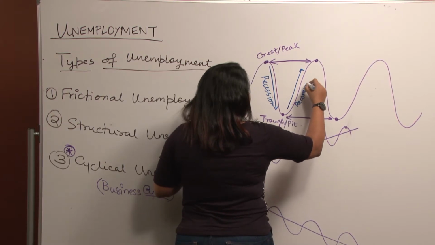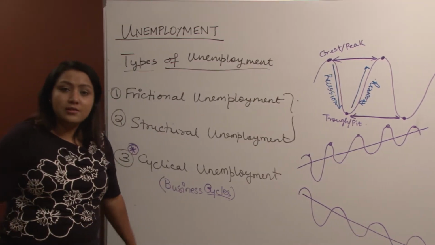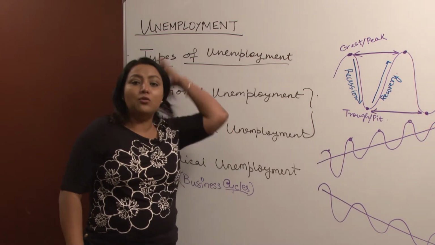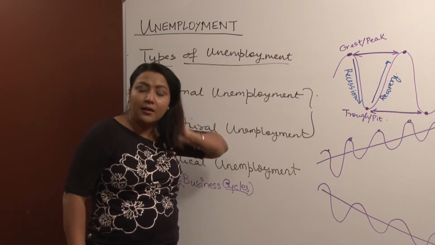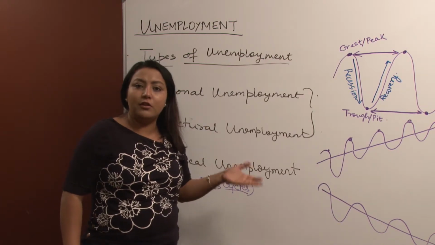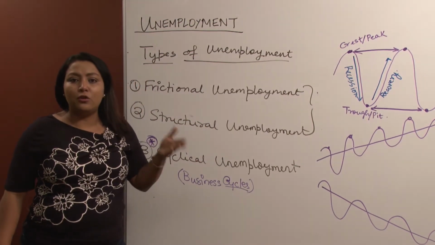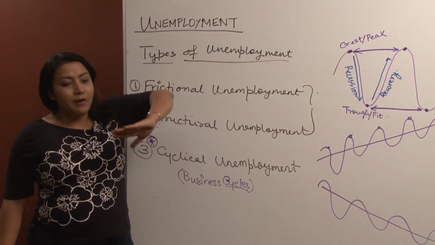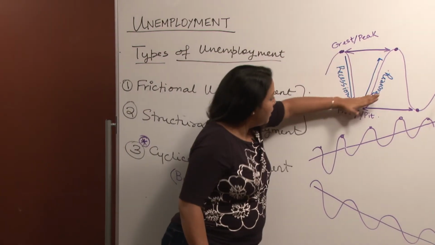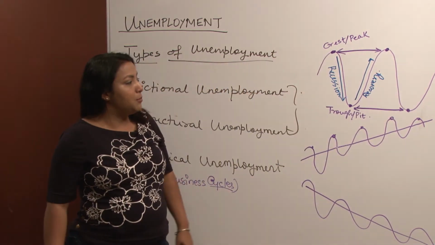For example, the US economy right now is on a recovery. It has been on a recovery since 2010. We had the Great Recession, the recession that was driven by the housing market in 2008-2009, which was the most serious kind of recession after the Great Depression of 1931. And since then we have been on a phase of recovery. Initially the recovery was really flat, it wasn't steep, and now it has been a steep recovery over the last couple of years.